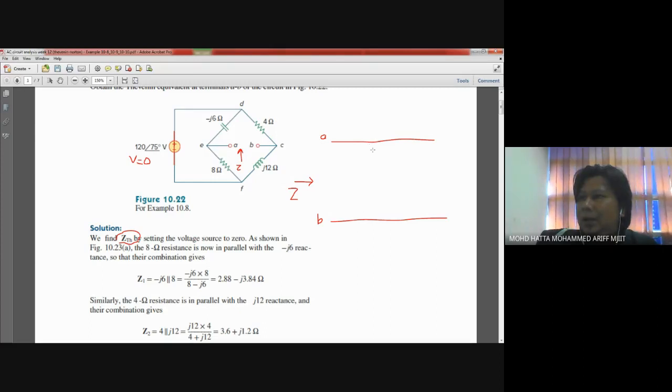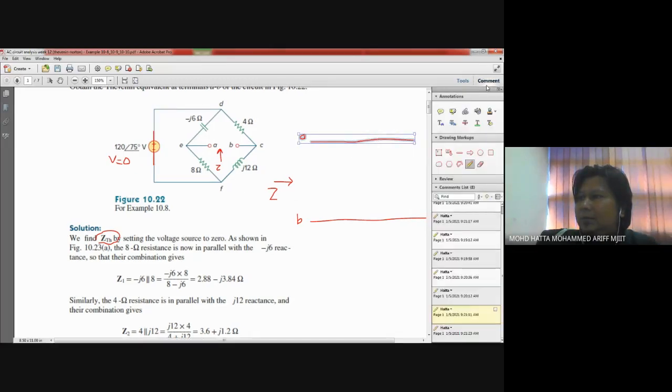I have one here, and another one over here. This is negative J6, and this is